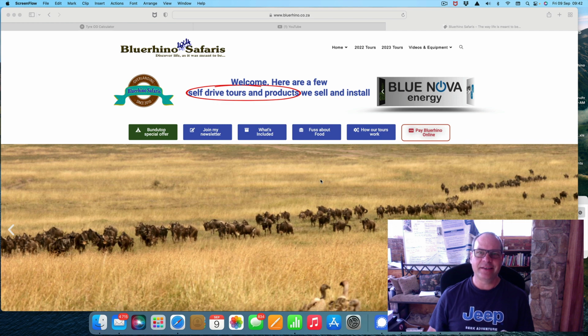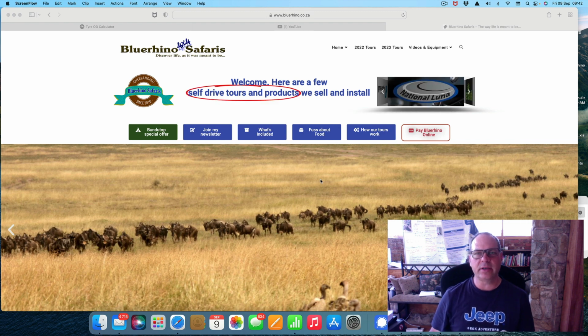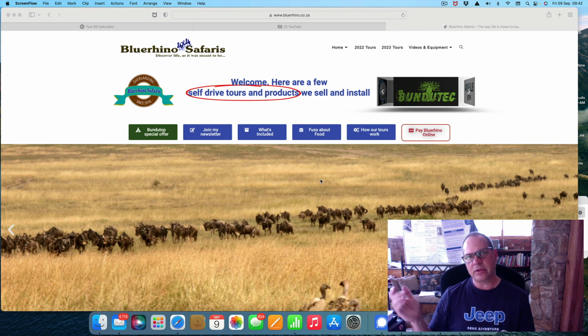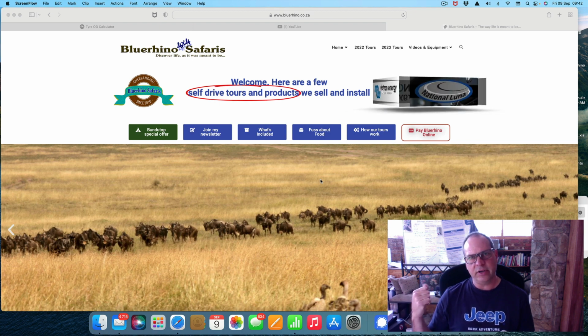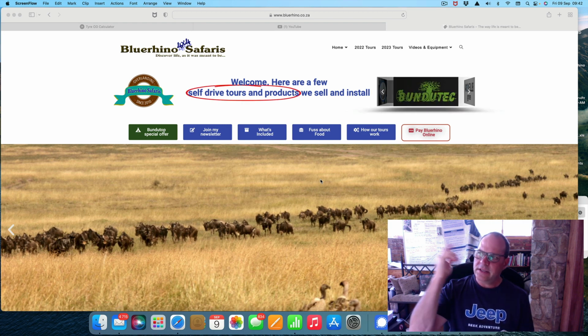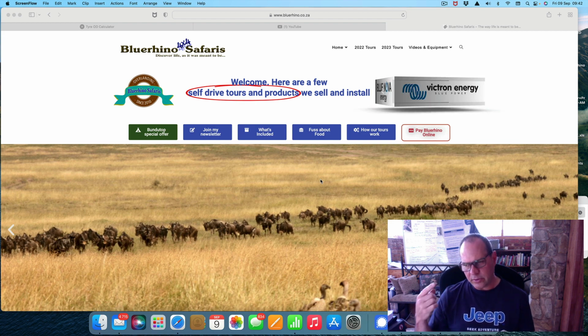Old subject, tyres. I was just at the Namaqua National Park near Springbok, all the way down to the coastal section out at the Groenrivier mouth, and there's a bit of sand that you have to deal with. I had a vehicle with a very heavy trailer in the back, and we had a few issues just to get through the sand. And since that happened, I've been thinking about what we could have done and how we